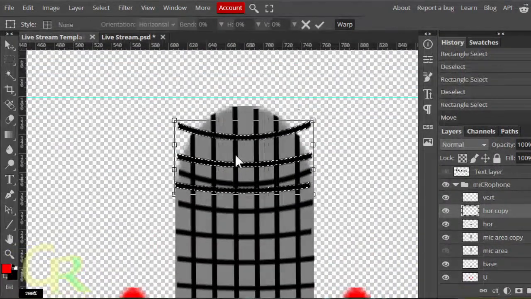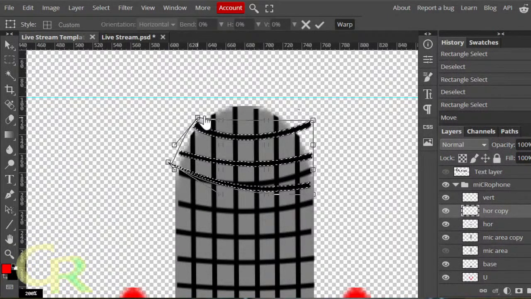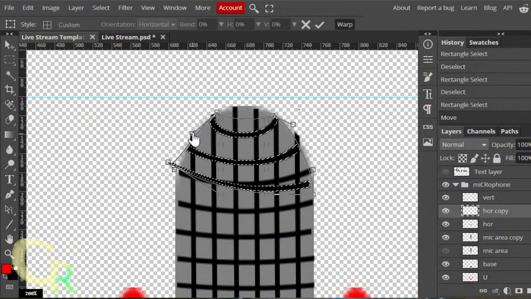I think it could conform it to the tip, I guess. A lot more. Let's see what I can do with this.